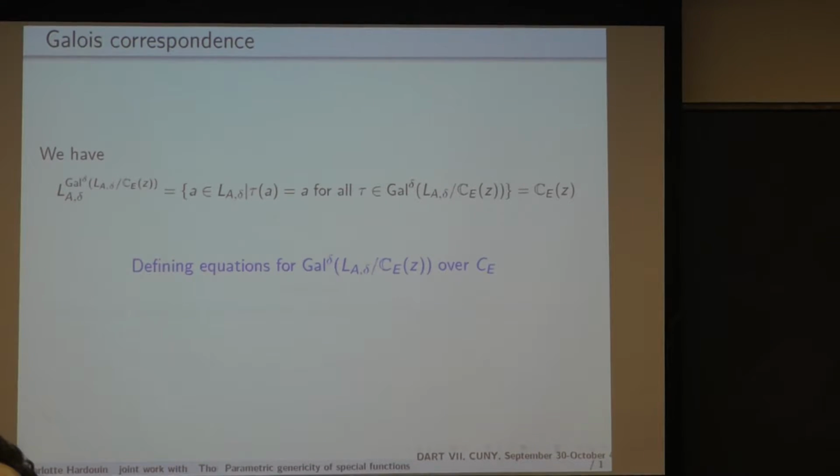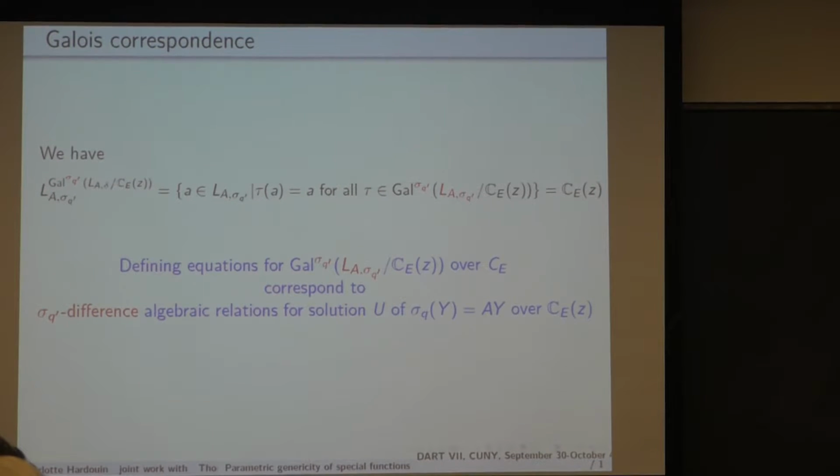The defining equations for your parametric Galois group over the field of elliptic functions are in one-to-one correspondence to the differential algebraic relations for the solution over the field C of C. So it's, so to say, a torsor. The same thing holds for the discrete parameter. So now we have reduced the problem of finding this extra relation to finding the defining equations of our